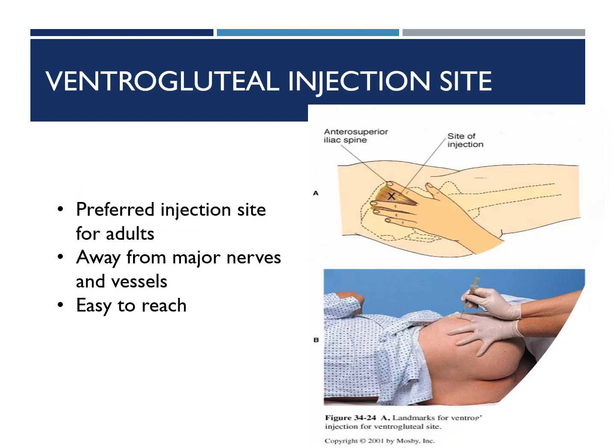The ventral gluteal site is the most preferred injection site for adults and anyone over the age of 1, but it's not used very commonly because, 1, look how the patient's laying. If you're going for an injection at CVS or something, it's not like they can get to your butt that easily. And 2, it's a site that most people don't practice.